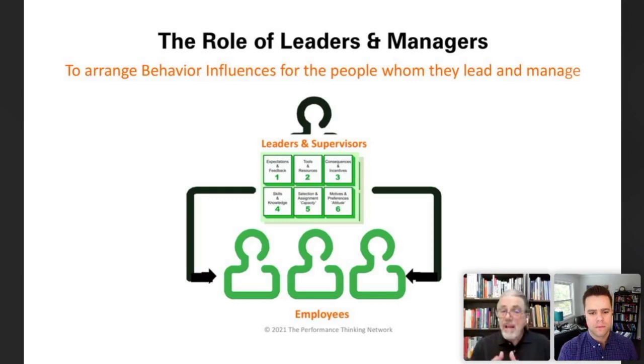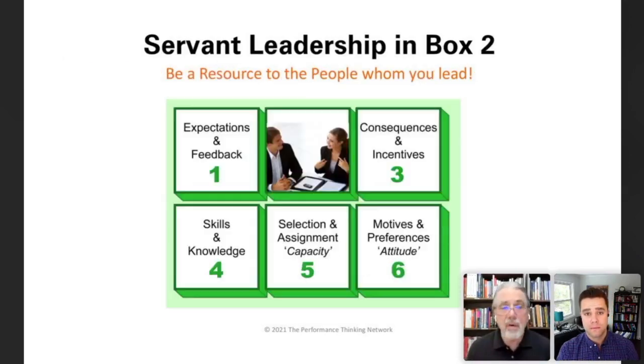So they're trying to arrange conditions so that the people that work for them, that they lead or manage, will be optimally productive and also hopefully optimally engaged, will like their work. And one way to think about this, there's a phrase out there I'm sure many of you have heard, servant leadership. And after probably a half hour of conversation with Matt,